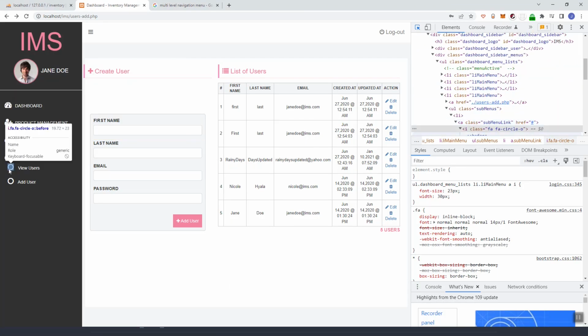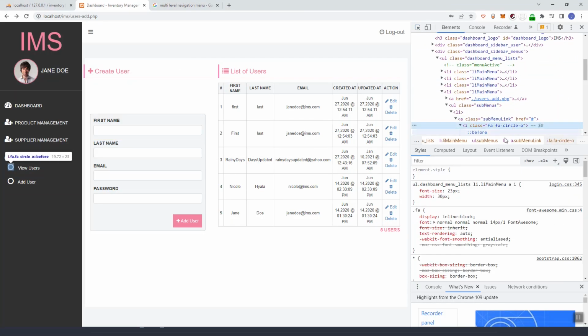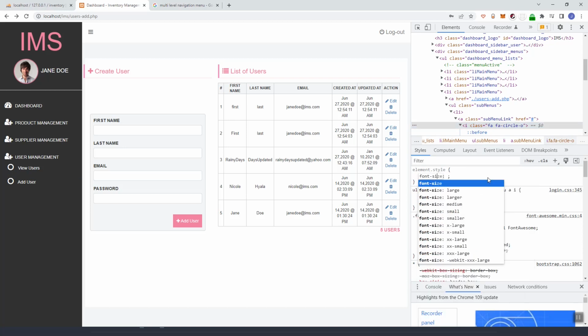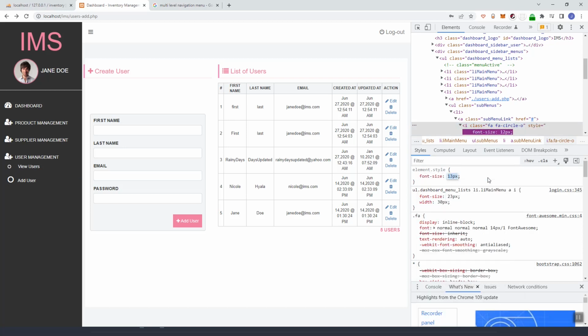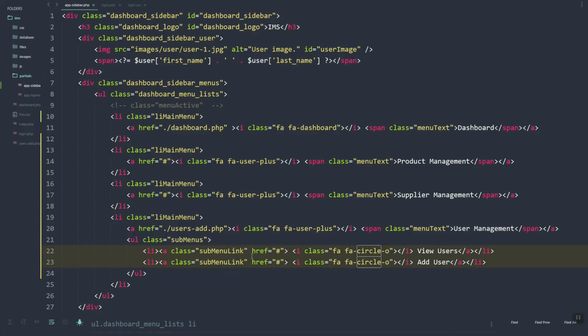And then we will set the font size smaller, 16 px. Let's just make it 17 px, but